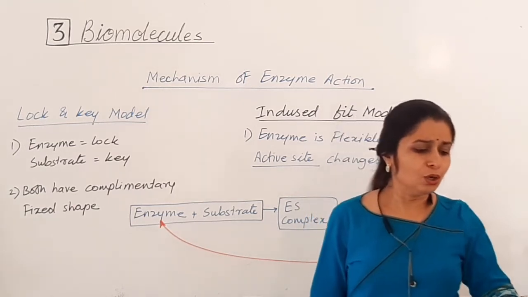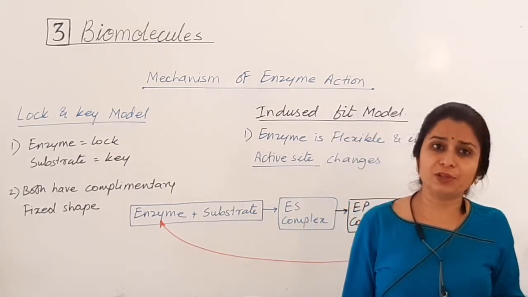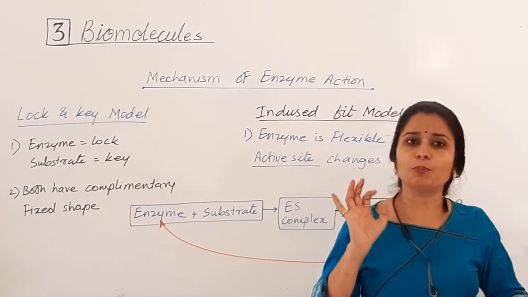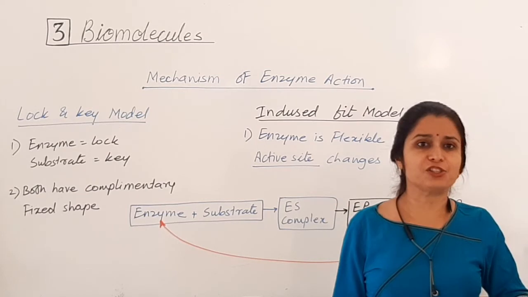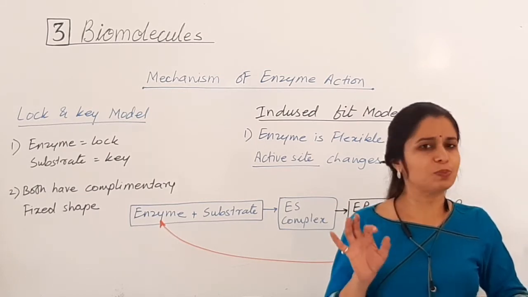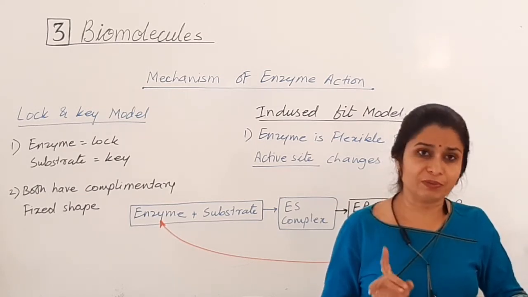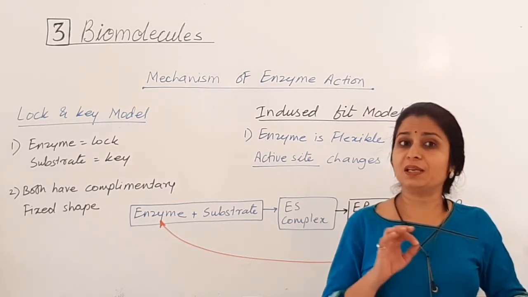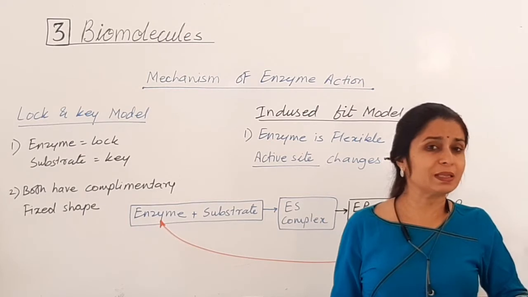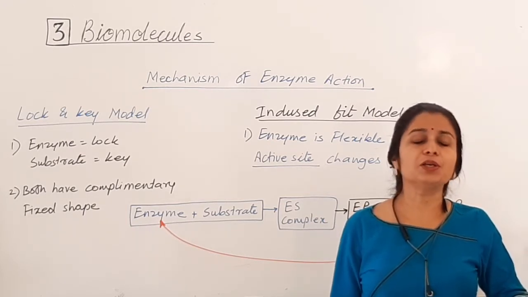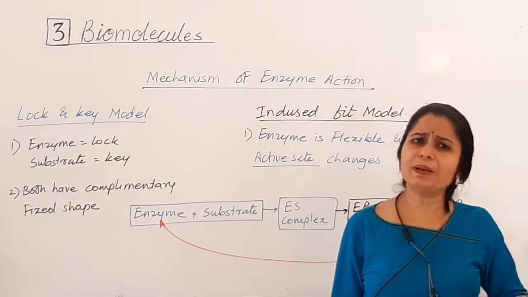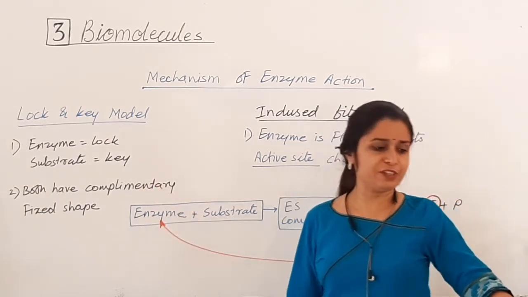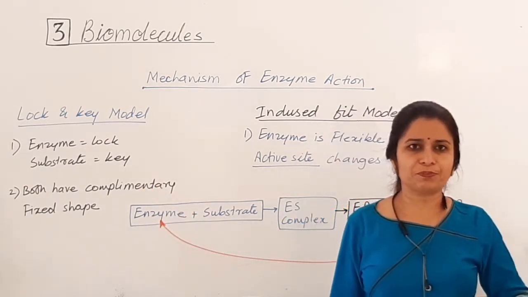Okay, अब यहाँ पे lock and key को अगर हम compare करते हैं, तो lock and key में दोनों के shape fix है, complementary है. They won't change. So each enzyme is specific. It will work only with one key. So एक enzyme के लिए एक ही substrate बना है, वो उसके लिए fix है, उसके शेप में कोई बदलाव नहीं होता, तो स्पेसिफिसिटी बहुत ज्यादा प्रिसाइज है और मेंटेन होती है. Okay, so both have complementary and fixed shape. It is an old concept, right?